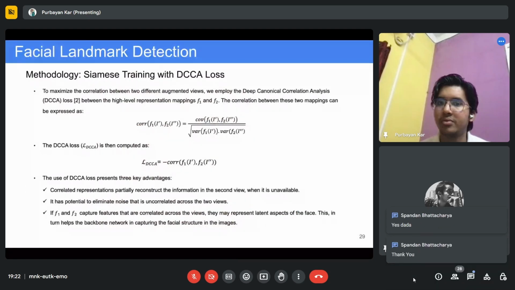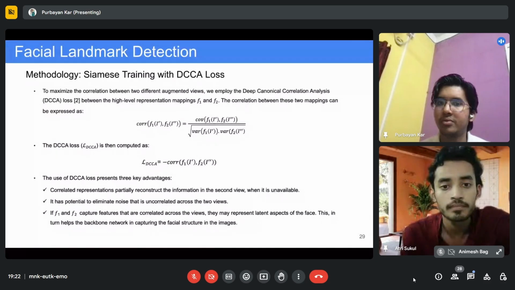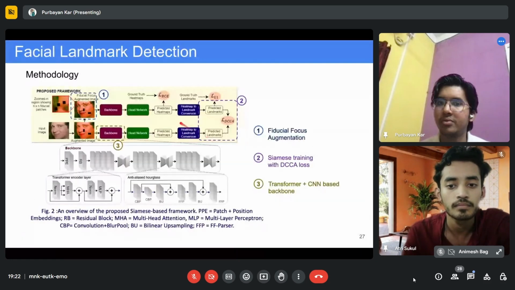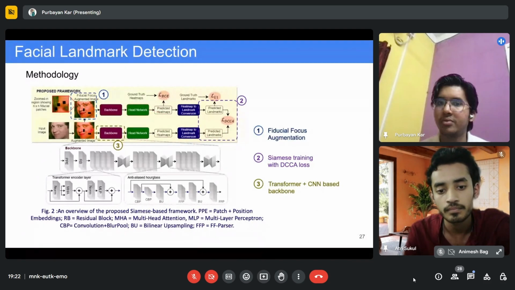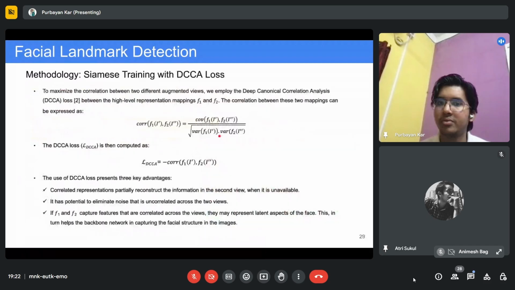Okay. I think I have explained covariance. You're all engineering students, so you're well aware what covariance is. And again, variance is the distribution of the data from a particular point. As we are sending practically the same images to that model, but with different augmentation, we hope the correlation value between the two features to be very high.